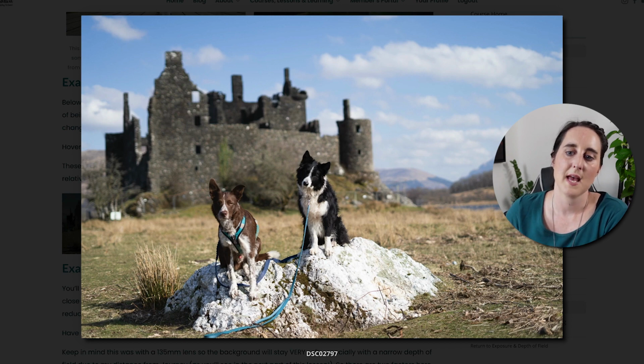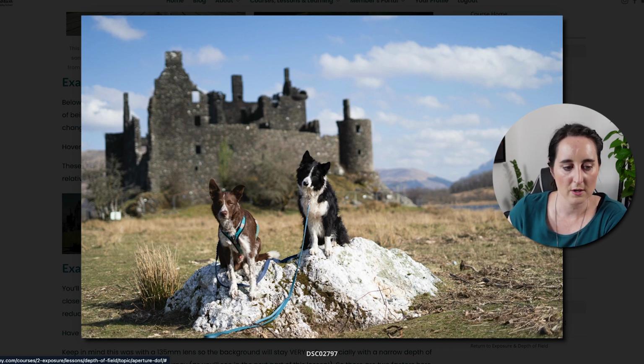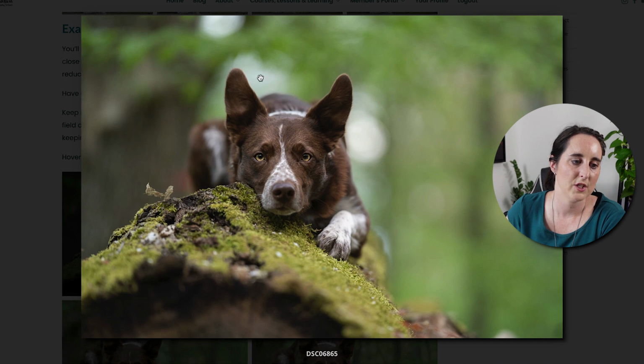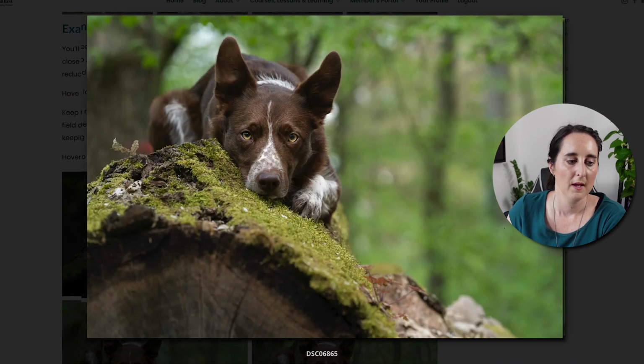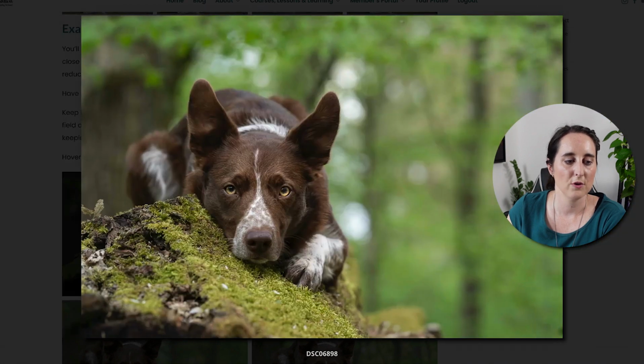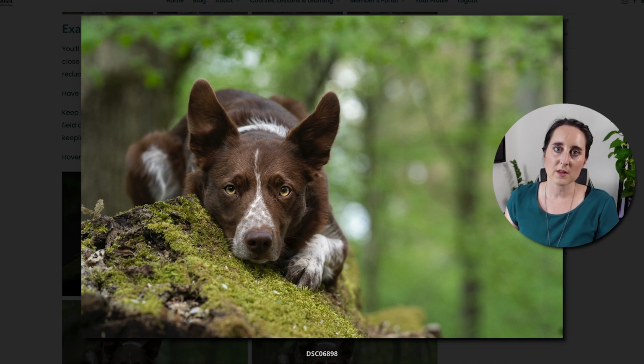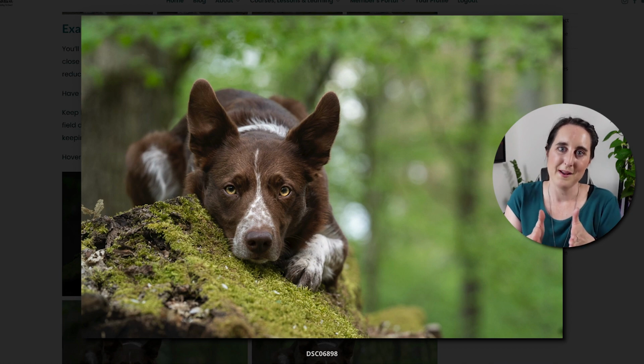Let's have a look at another example when I was up closer to my dog. So here we start again at f1.8. Check out the background, super, super soft. All this bokeh, really pretty. Then we go to f4 and I moved a little bit there, but this is a bit more accurate. Have a look at the spots there. We've got a lot more texture here. You can kind of see there's some leaves, but obviously here the depth of field is way narrower because of